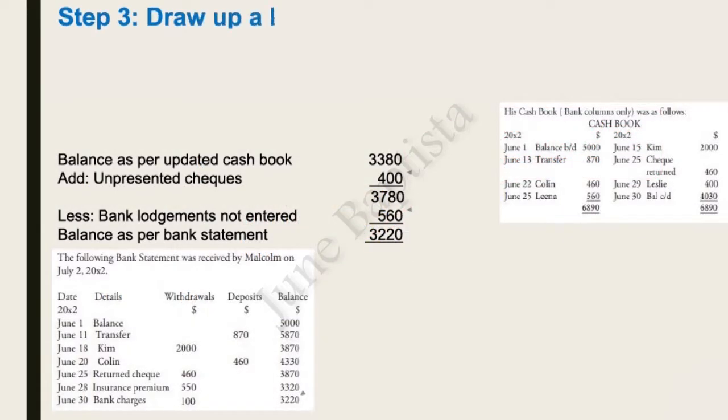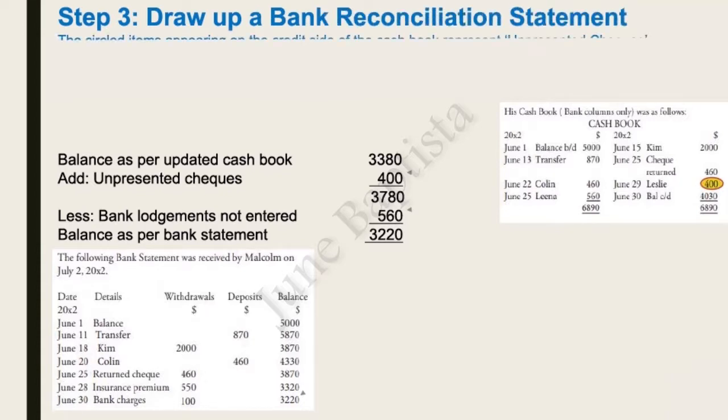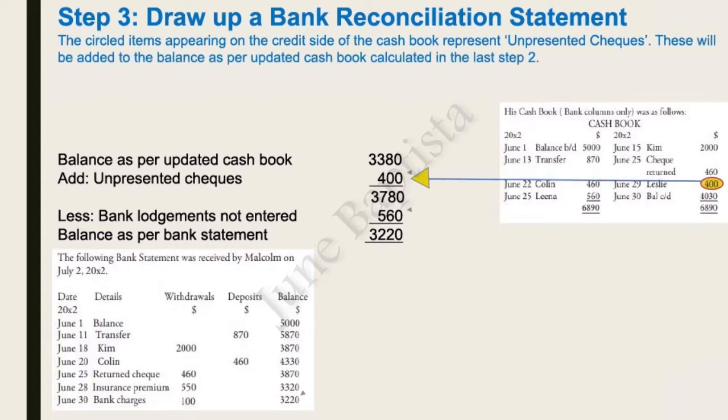Step 3. Draw up a bank reconciliation statement. The circled items appearing on the credit side of the cash book represent unpresented checks. $400 in this case is an unpresented check. This will be added to the balance as per updated cash book that we calculated in the last step 2. $400 added to $3,380 to give us